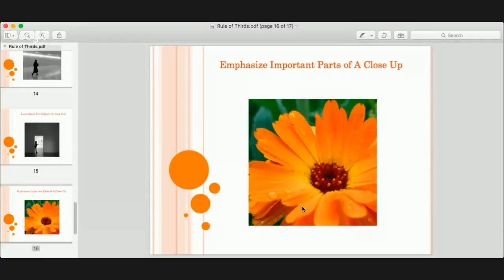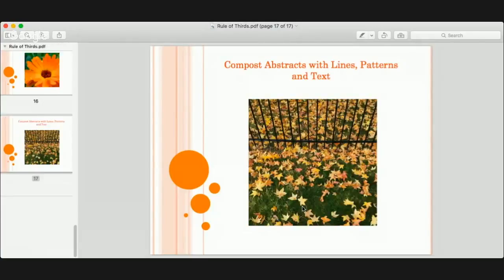Number 10, the last tip, is compose abstracts whenever possible with lines, patterns, and text. So look at that iron fence, and look where that falls. It falls on the very top horizontal rule of thirds line. What that looks like to me is I'm standing out on a sidewalk.